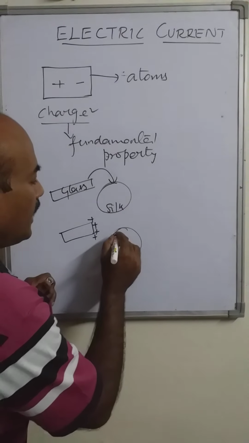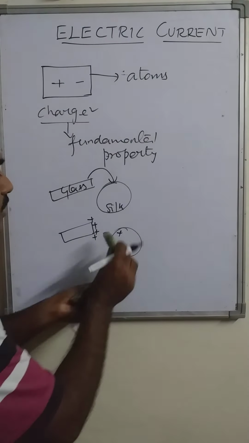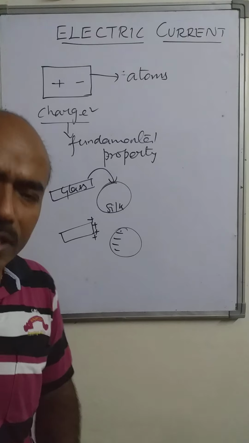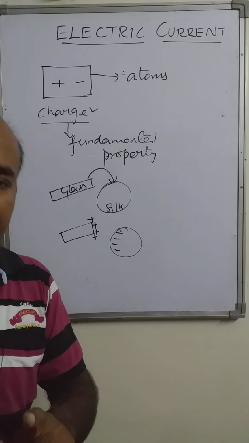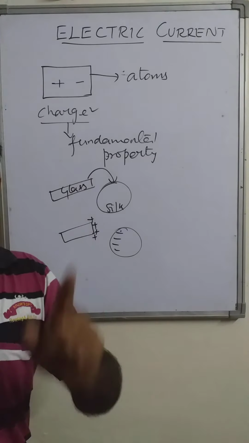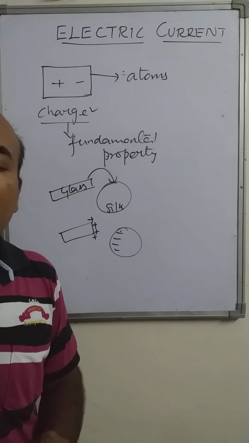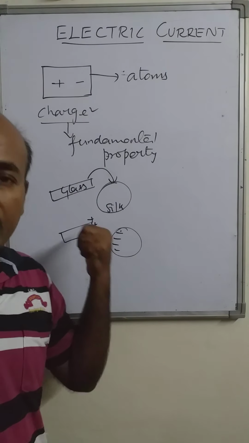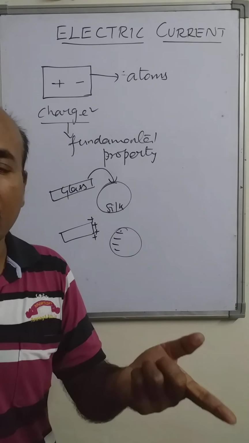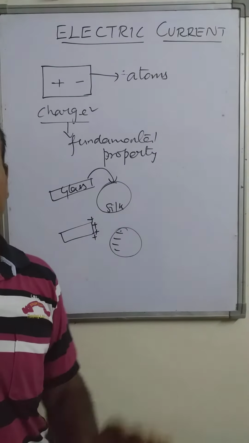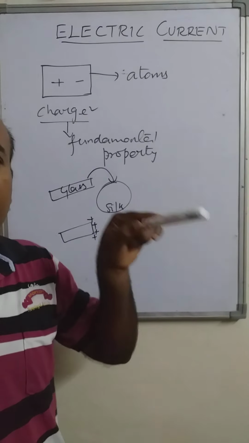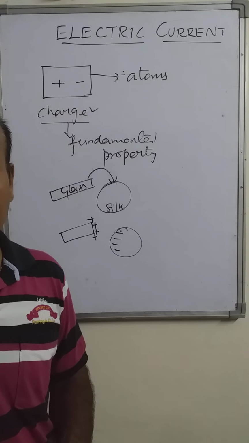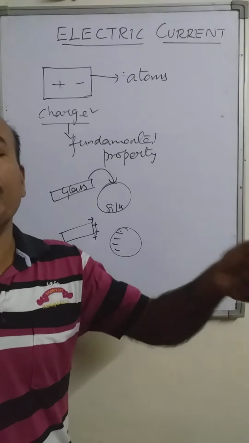Here the silk gained that electron. So after gaining the electron, it becomes negative. Now we say the glass rod is charged and the silk cloth is also charged. So after getting this charge, these two things, glass rod and the silk cloth, exert force on the other thing. Now the glass rod is able to attract anything. Silk cloth is also able to attract other things. That means they can exert force on the other.